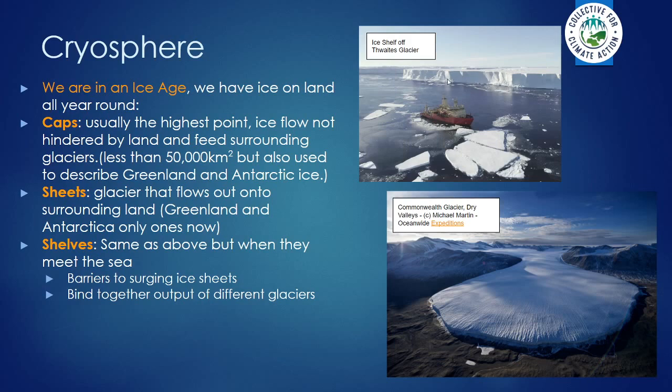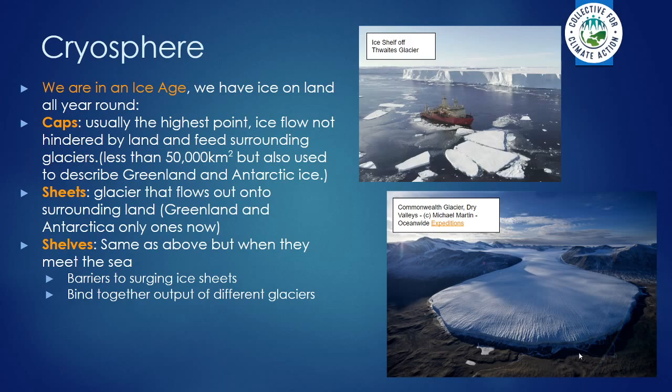These are really important because, firstly, you can see that this is really old ice because it's so thick. This is only a fraction of the actual ice in this area of sea, but there's no way that it could have accumulated just through snow landing on ice in the sea. This ice is many, many thousands of years old, created on the land a long, long time ago. As it flows out into the ocean, it acts as a kind of plug, stopping the glaciers on land from being able to flow really quickly. They also flow out onto other areas of land.